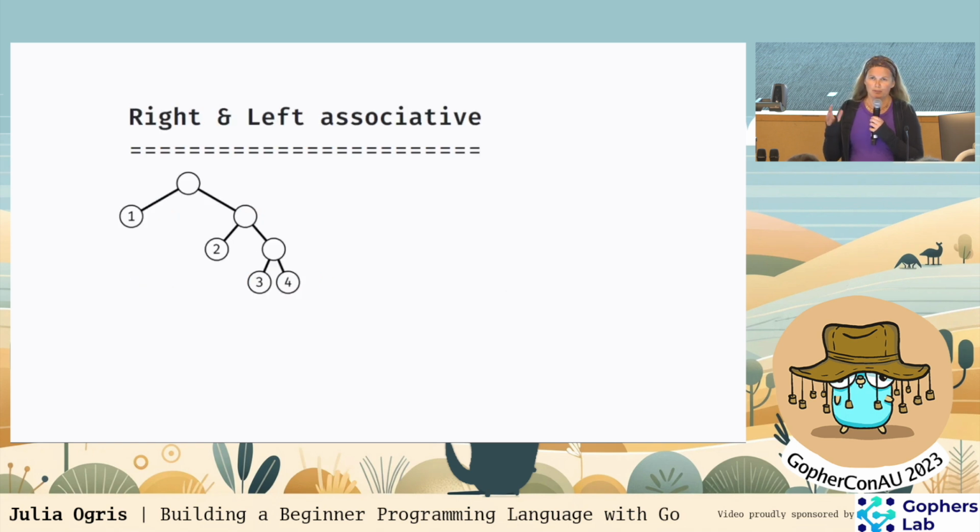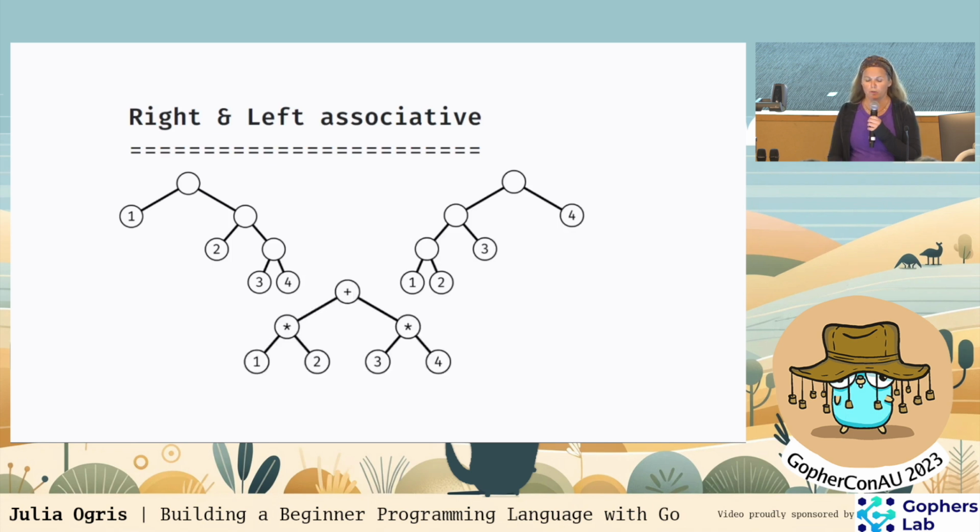Okay, so this Pratt parsing algorithm, if you reduce it to its essence, is actually not very big, and it fits even on a single slide. However, it's a pretty dense piece of code, in my opinion. So I thought long about how best to explain it, and I decided to break it down into 2 components. One that builds a tree fully degenerated to the right, and another one, a tree fully degenerated to the left. And then eventually we combine these two strategies and switch depending on operator precedence.